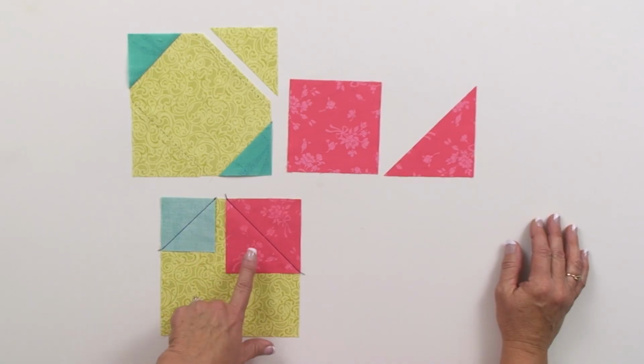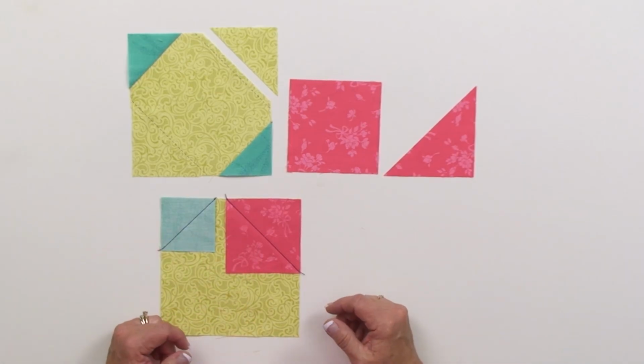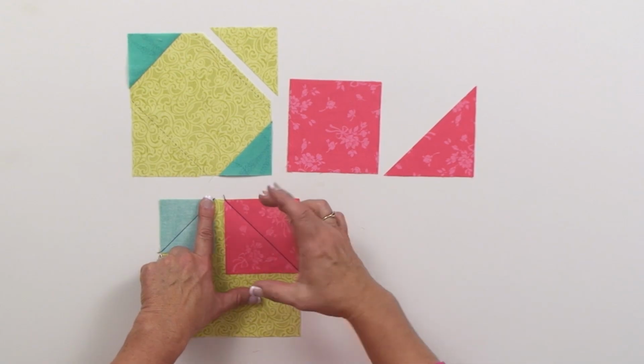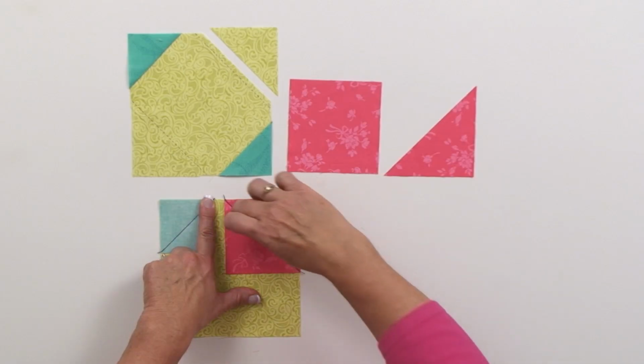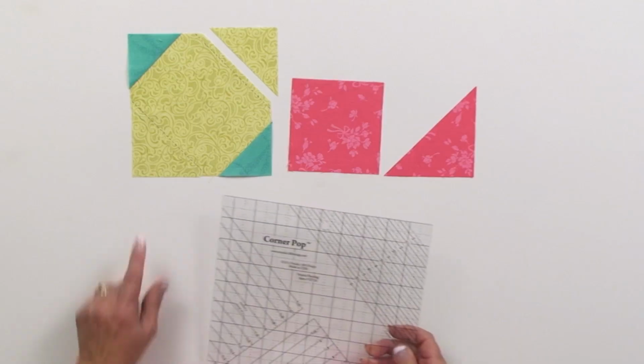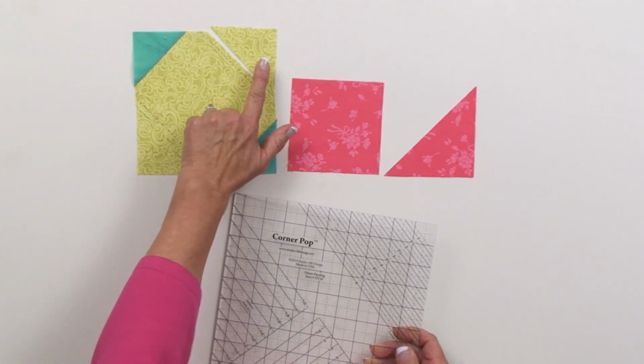When I go to add the next folded square into the corner, again, the instructions will tell you what size to cut a folded square. They told me 3.5 inches. When I look at the chart, it will tell me that the finished size of the replacement triangle with that size folded corner square will be 3 inches. That's my focus point. I'm going to use the 3-inch line on the tool for my cutaway,